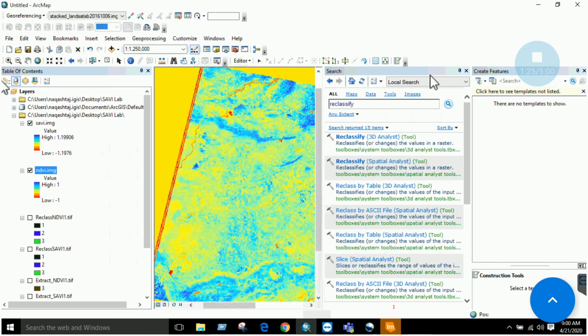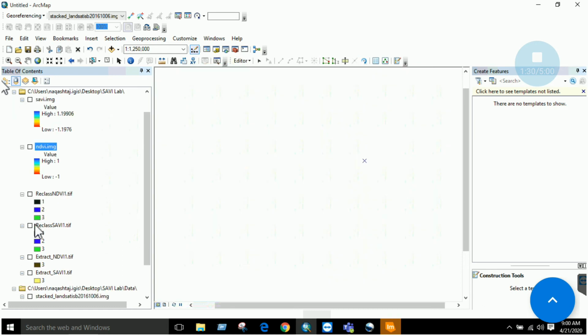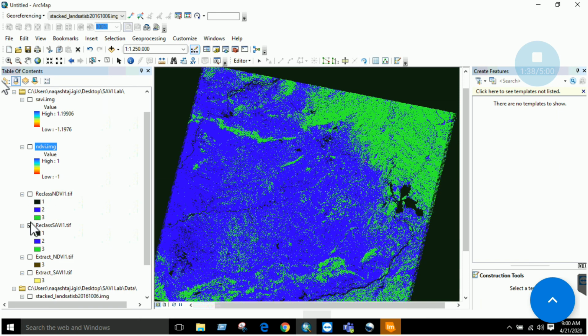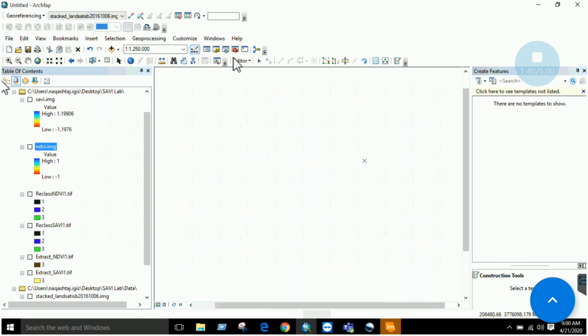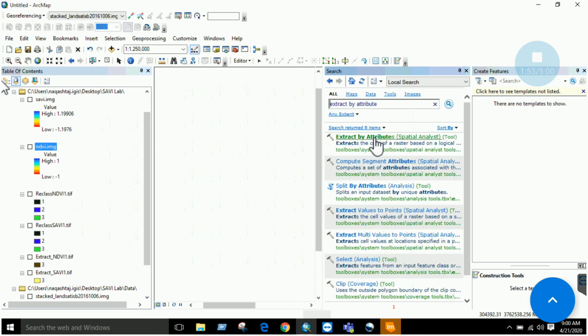Now after doing this, I have these two reclassified, NDVI and SAVI, and then once I have the reclassified, I use the tool of extract by attribute in ArcMap. Now this tool allows you to extract a specific class.